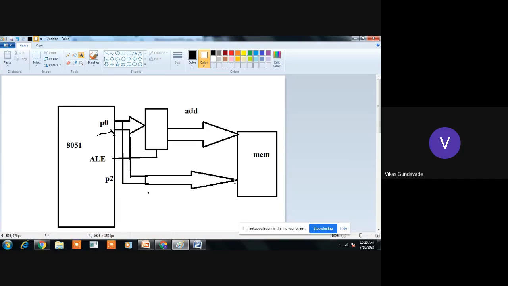When the read bar signal goes low, this data will be accessed by the microcontroller. Similarly, if the microcontroller wants to write data, after providing the address, the data will be available to this port 0, and when the write bar signal goes low, the data will be written in the memory.